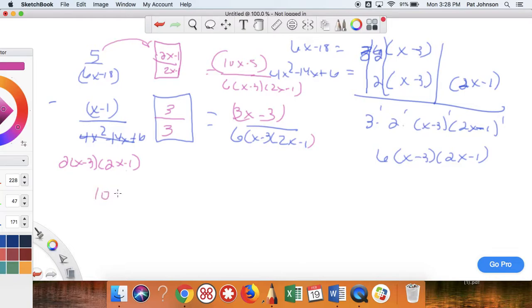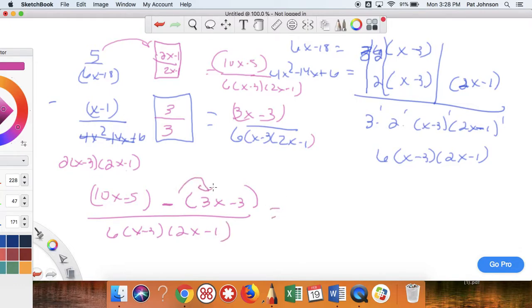So now I'm going to have 10x minus 5 minus, because I have a binomial and don't have a monomial, I need to put my parentheses first. And then 6 times x minus 3 times 2x minus 1. Again, you have to distribute that negative. So it's 10x minus 5 minus 3x minus 3. And that simplifies to 7x minus,